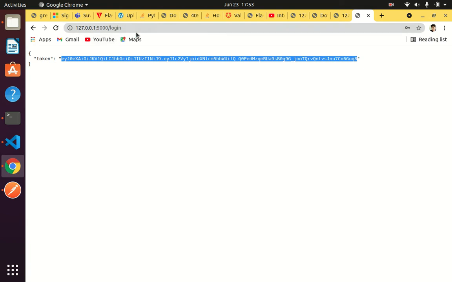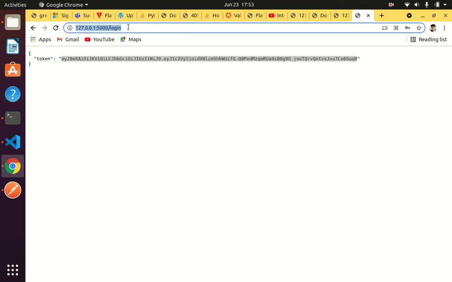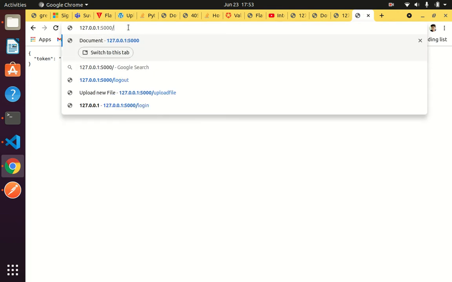Okay, so let's see what happens now. My aim is to upload a file, so I need to go to the route where I could upload a file. What route is that? Of course, it would be known to anyone. It's not a complete website, just a demonstration for the security feature. So I'm doing everything manually. It can be automated definitely.